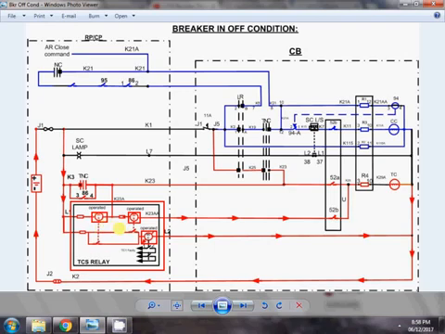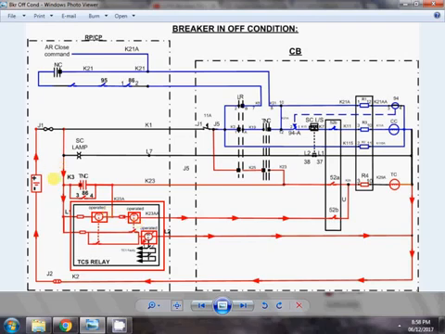The NO contacts of these two relays are connected in parallel, and they are connected to the positive of this 95C relay, and to the negative of the 95C relay a continuous negative is given. At least one of these two relays has to be in the operated condition for the circuit to be healthy. If both these relays are not in the operated condition, then the circuit will be faulty.